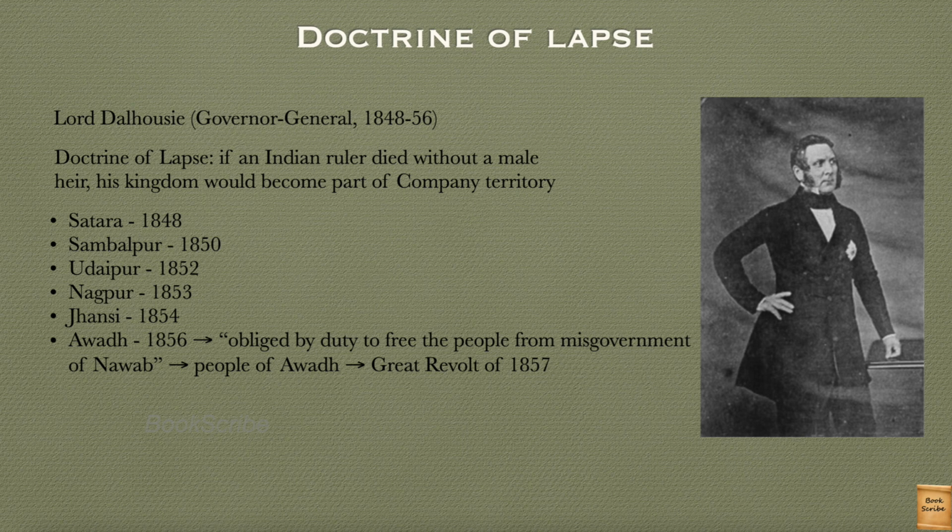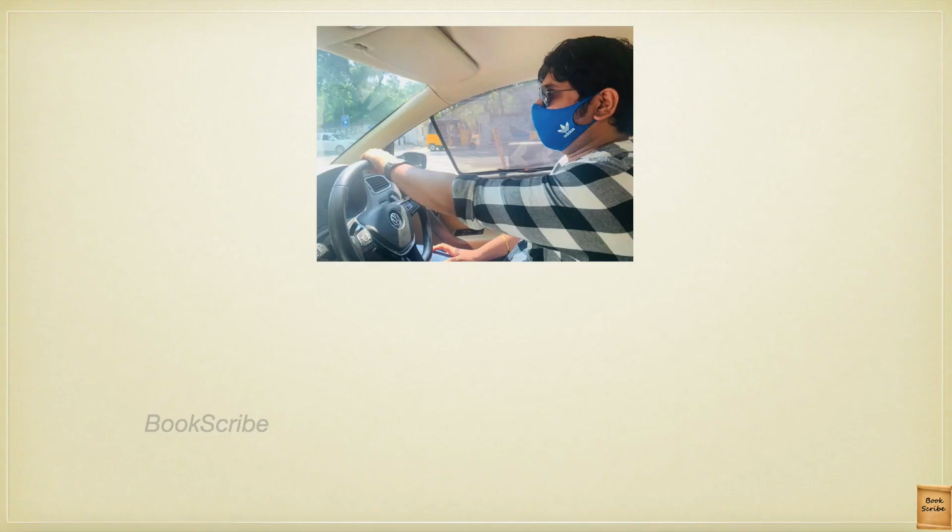So that was a humiliating process. They humiliated the Nawab, ill-treated the Nawab and took him off the throne. This angered even the people of Awadh, who took part in the Great Revolt, or the first war of independence of the country, in 1857. Until now, we saw how the British handled things politically and also how they used their military to control us.